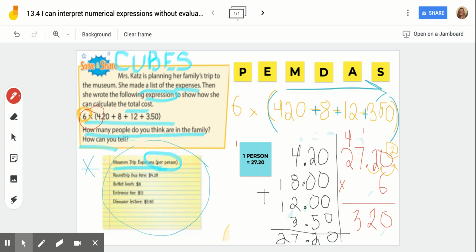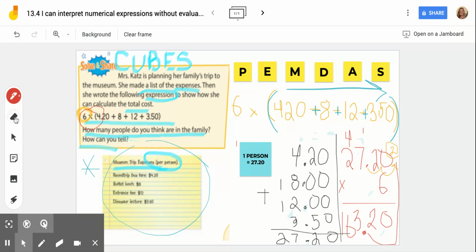Right? 6 times 2, 6 times 2 is 12, 13, 14, 15, 16. Okay. So now I have 5 digits here. No, I don't. I have to put my decimal back in 2 times. So my total cost here is